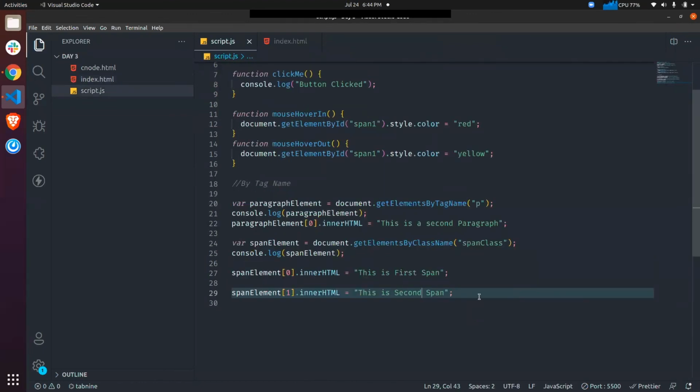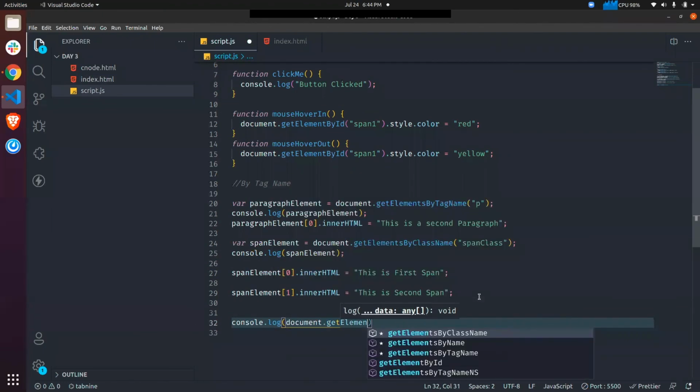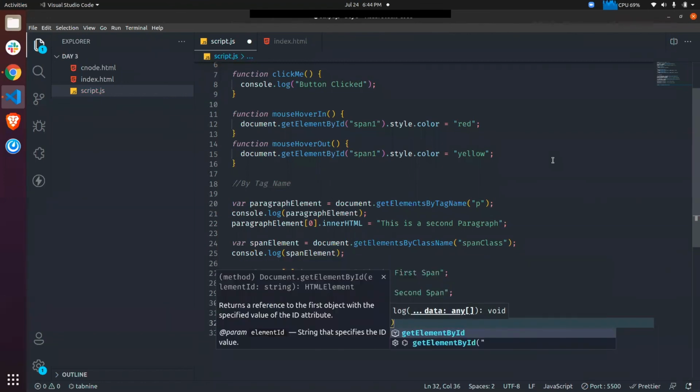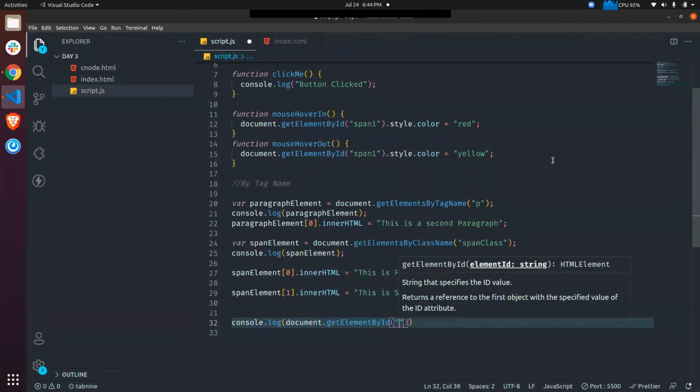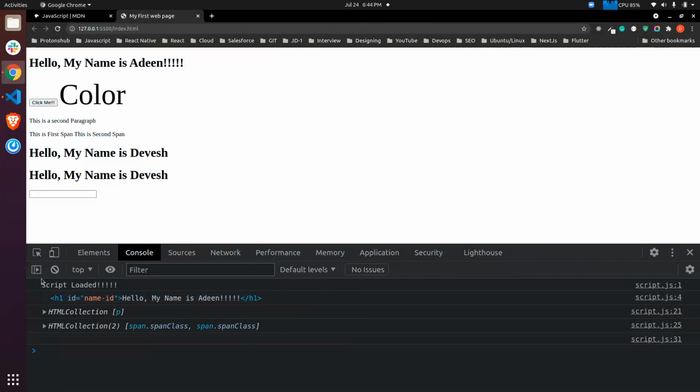I can console log document dot getElementById input 1 dot value. Okay, let's see what is happening.